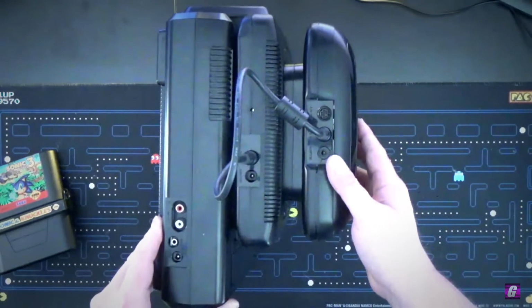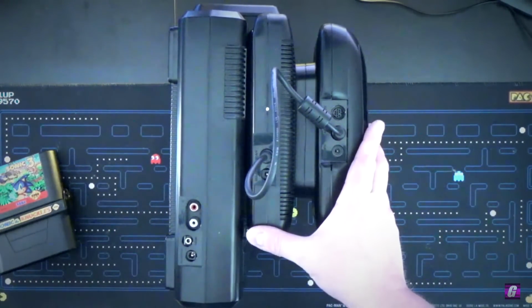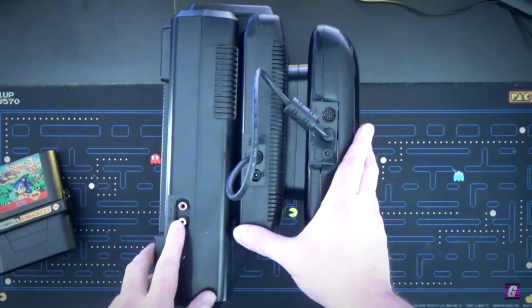Not many 32X systems these days come with instruction manuals. Mine does, because I have the box and everything. I bought it complete a long time ago. Oh, also, the one thing I wanted to mention is that you can actually route the audio for the Sega